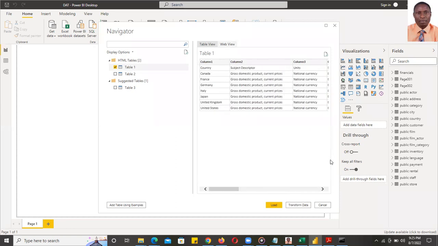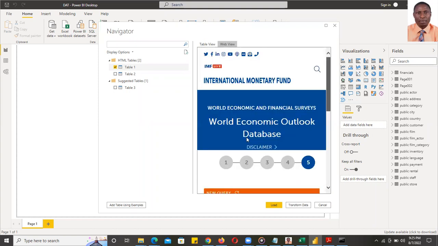This is the way it is on the web after we finished. So this is how it looks when we finish preparing our report on the web. This is the web view. Then this is the table view. This is it. So what we need to do is transform the data,